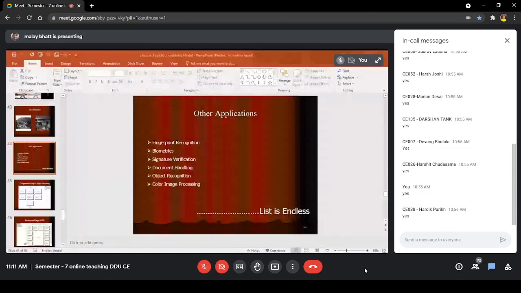So now, before we go into other details, that is fundamental steps of image processing and components of image processing, let me show you some of the actual databases which are normally used for image processing, which are used by the people most of the time. So let me show you that there are many databases which are available on the net. So let me show you some of them. So at least you have some idea.